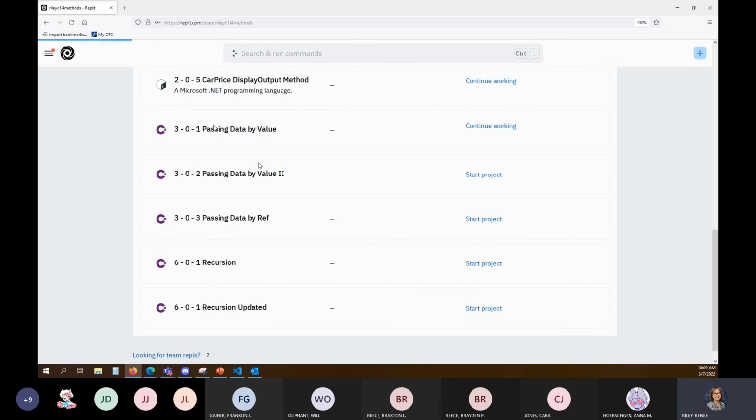Now, the next two, we're talking about more passing data in as parameters, and then we have a couple of recursion examples. So we'll continue and finish these up on Wednesday and start in on the class one. For you at home today, this week,